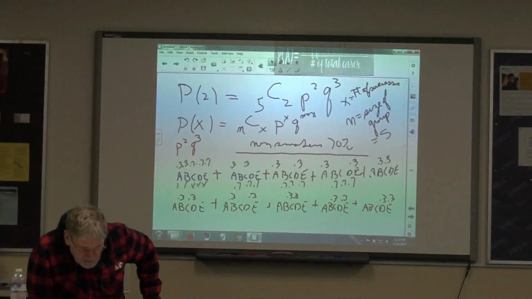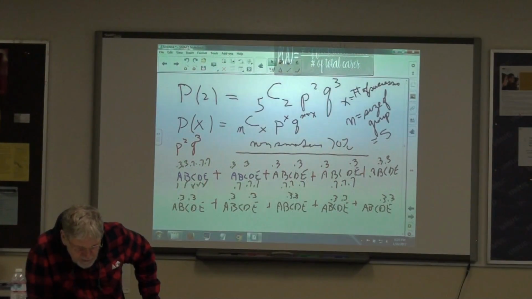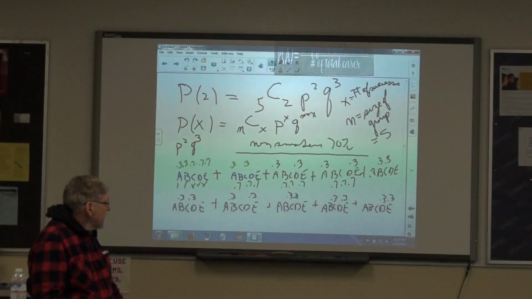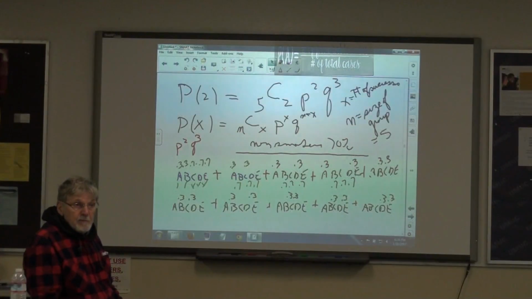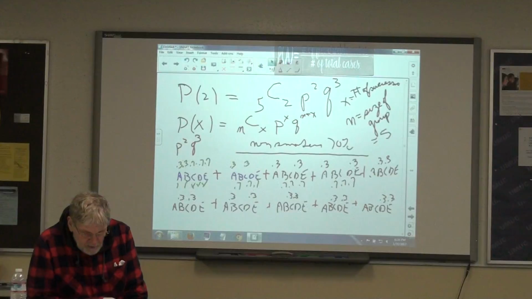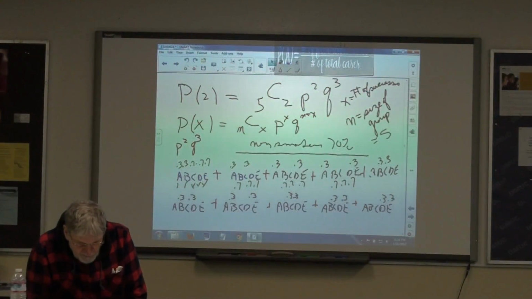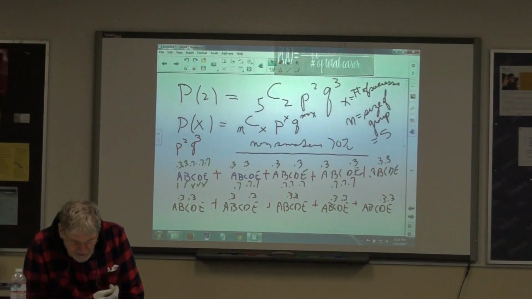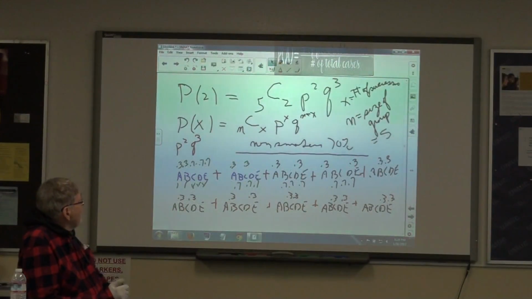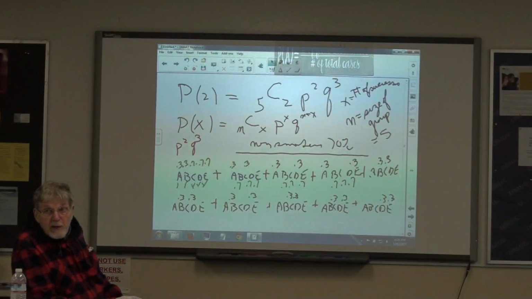Okay. Now, small p denotes the probability of success in one of the n trials. Small q denotes the probability of failure in any one of the n trials. If you pick any one of these people, A, B, C, D, or E, what's their probability of smoking? What's their probability of not smoking? That's their q, agreed? Now, capital P of x denotes the probability of getting exactly x successes among the n trials. So here I'm looking for the probability of 2 successes in my group of 5.